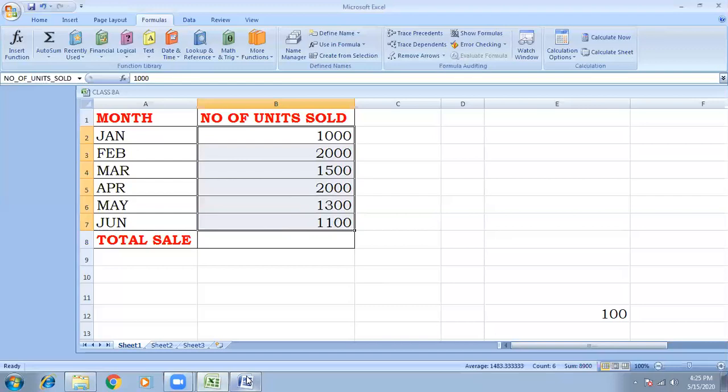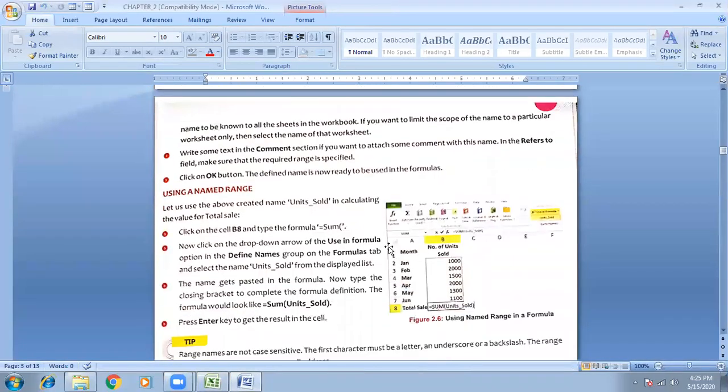Now the next topic of this chapter, using a named range in a formula. To use a named range in a formula, first you click B8 and type the formula. Now click the drop-down arrow of Use in Formula option in the Define Name group on the Formula tab, and select whatever name you want from the displayed list.